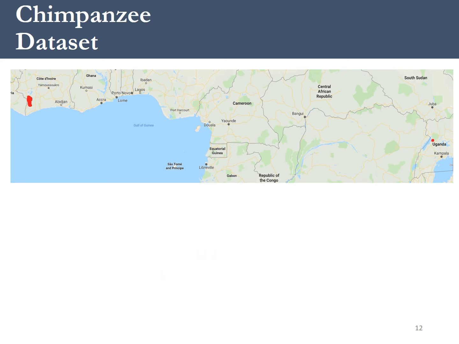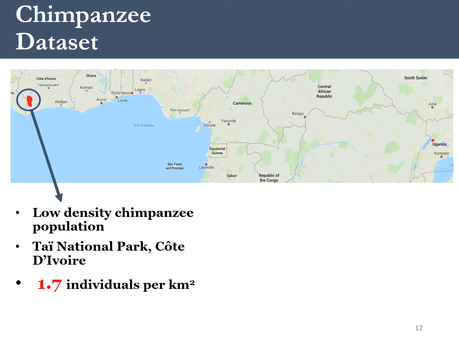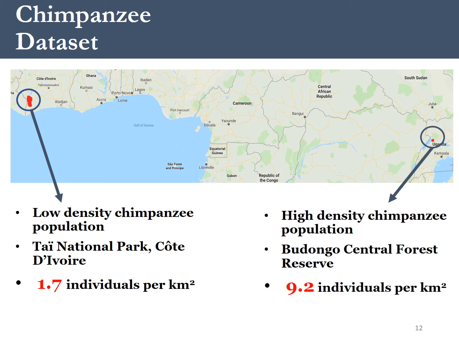For the chimpanzees, we had samples from one low-density chimpanzee population, the Taï chimps in Côte d'Ivoire, with a similar population density to our bonobos, but also from one high-density chimpanzee population, the Budongo chimps in Uganda, where the chimpanzees live in a density more than 4 times that of Taï chimps or Luikotale bonobos. So to our results,